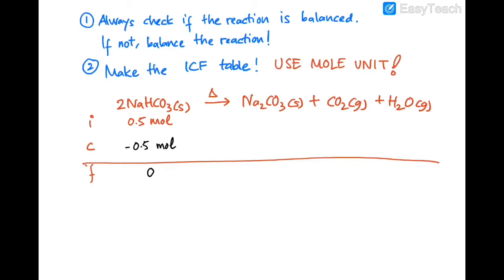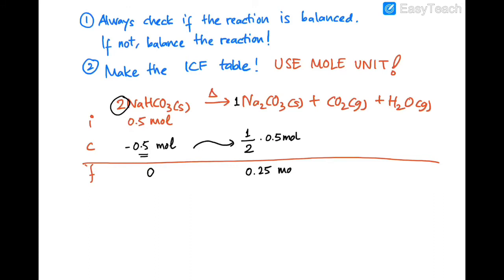Now you have to calculate the mole of the sodium carbonate. How do we do this? You can refer to the last segment, and you can find the mole for sodium carbonate by taking the coefficient of sodium carbonate, which is 1, divided with the coefficient of the sodium bicarbonate, which is 2, then multiply with the mole of sodium bicarbonate. So here you get